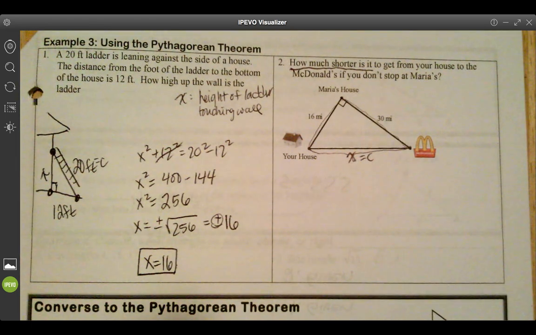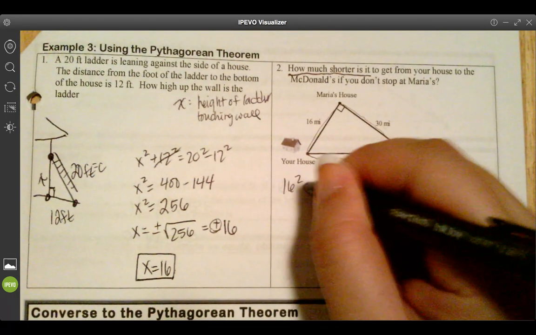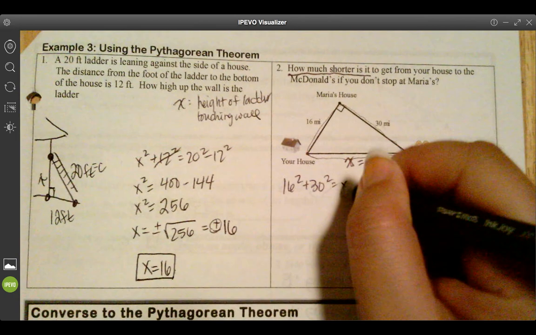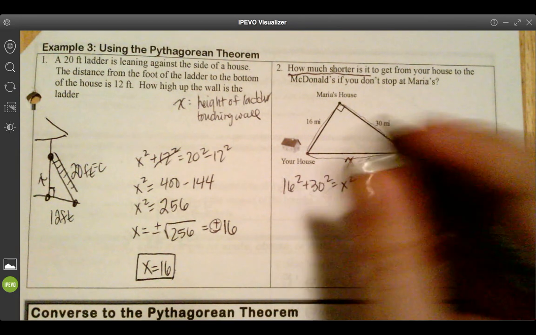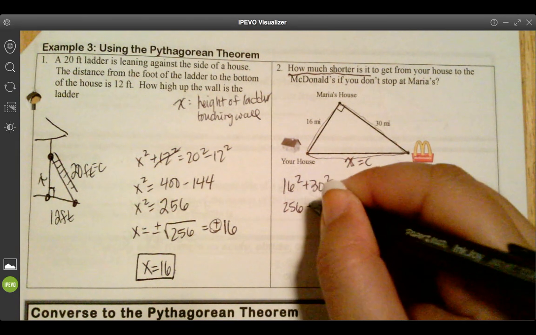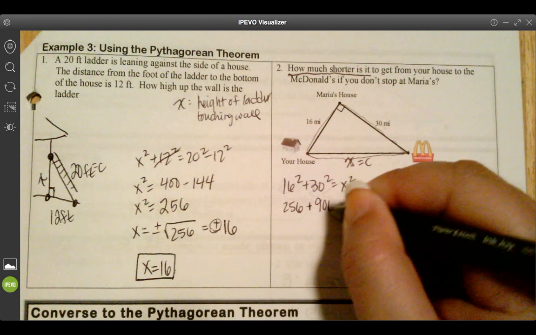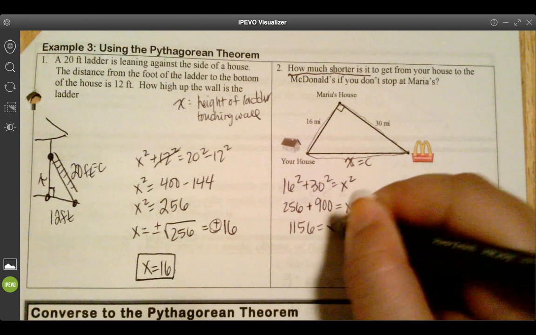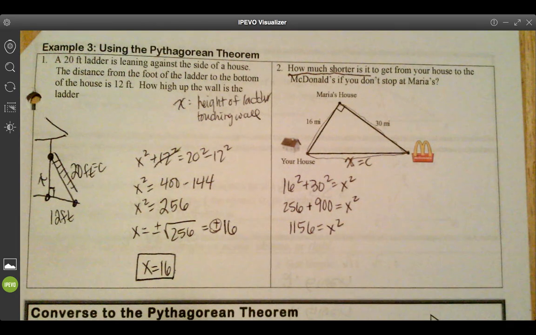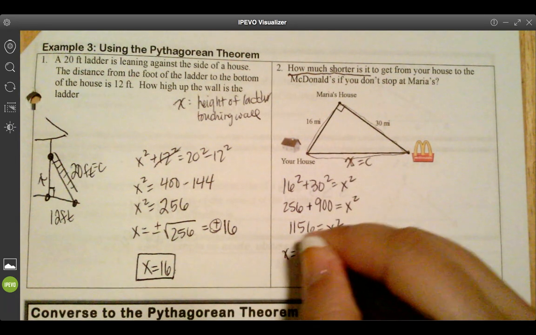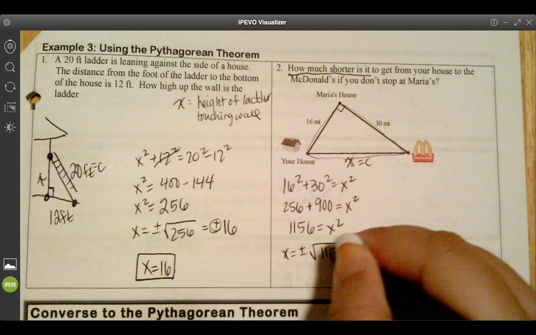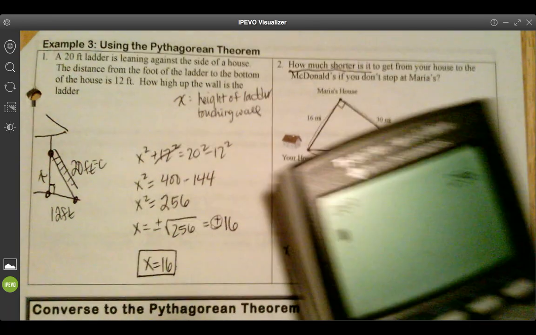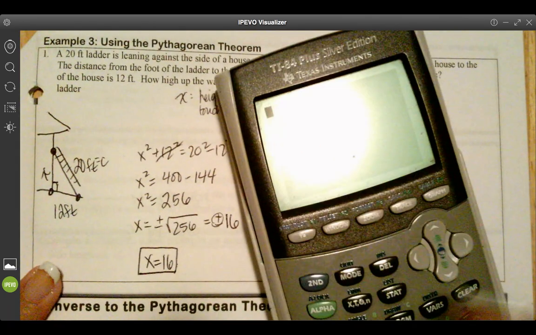This is our hypotenuse. So we say 16 squared plus 30 squared equals x squared. 16 squared is 256. 30 squared is 900, so that's 1156 equals x squared. To find this, x equals plus or minus the square root of 1,156. I don't recognize that as a perfect square, so I'm going to